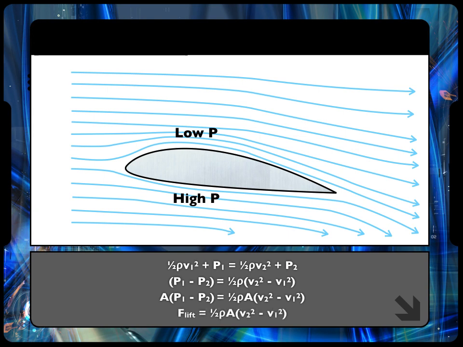Except, of course, that it forgets about Newton's third law. When an airplane flies, the airplane pushes down on the air. The air pushes up on the airplane. If this definition of aerodynamic lift was completely correct, then airplanes wouldn't be able to fly upside down. And yet,